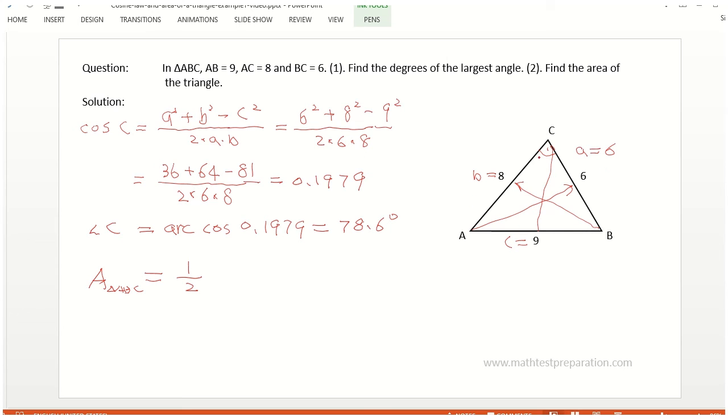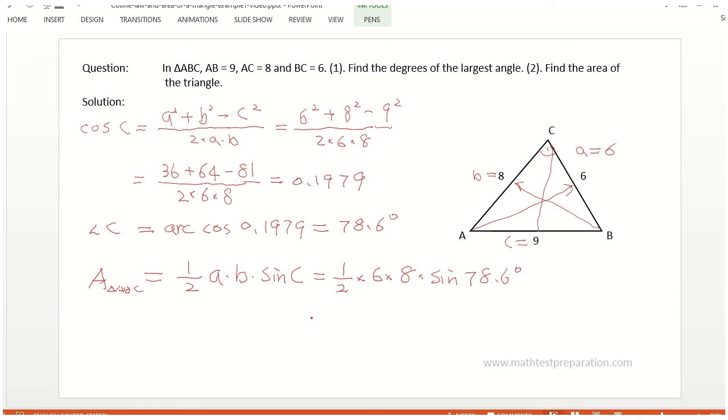Because we know the angle C, we choose side A times side B times sine C, which equals half, A is 6, B is 8, times sine. The angle C is